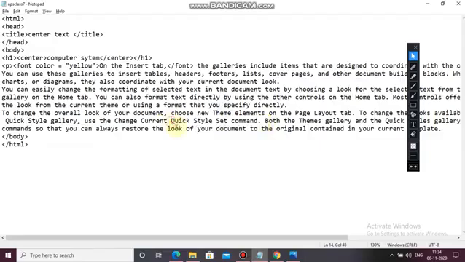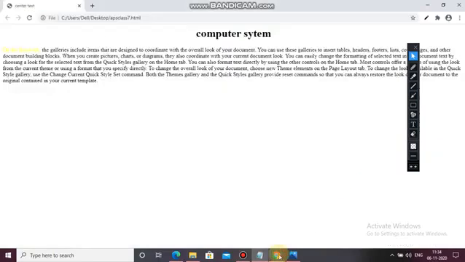Now color this, write font color equals to red, or again hash 8080, close it, backslash font, Control S. See here, it has been changed.